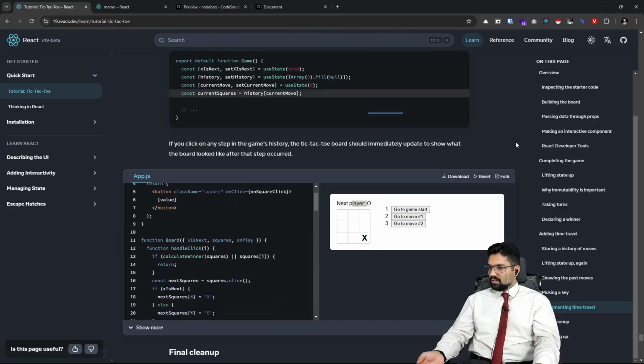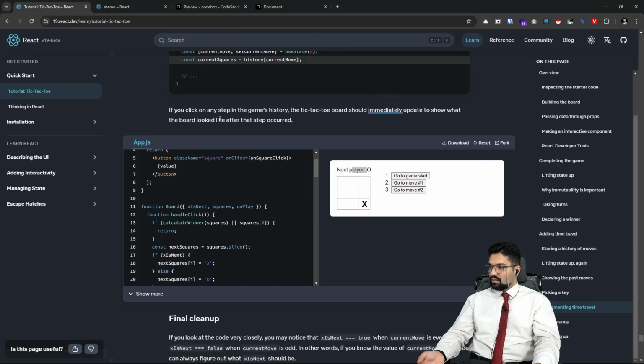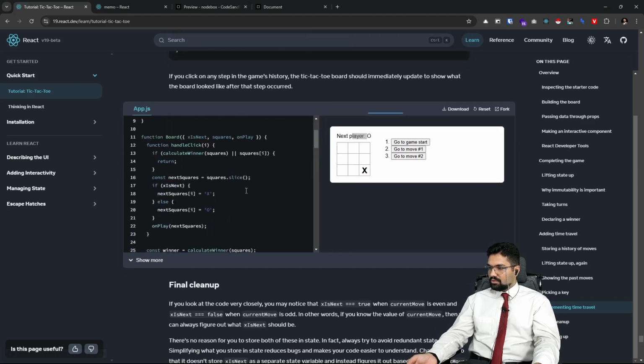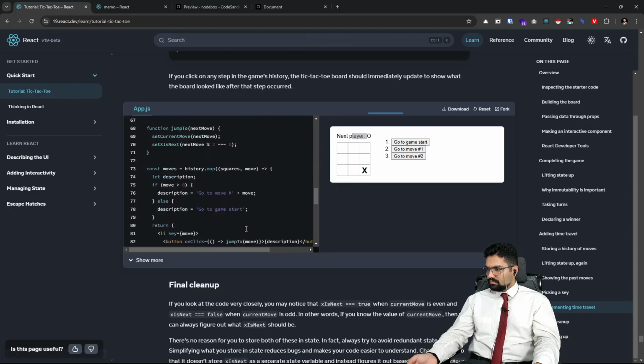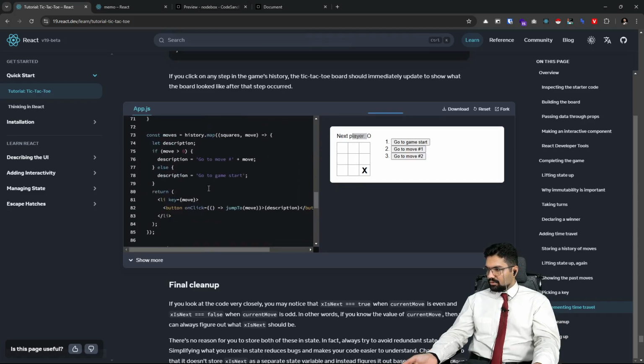If you click on any step in the game history, the tic-tac-toe board should be immediately updated to show what the board looked like after that step occurred. When you click on the